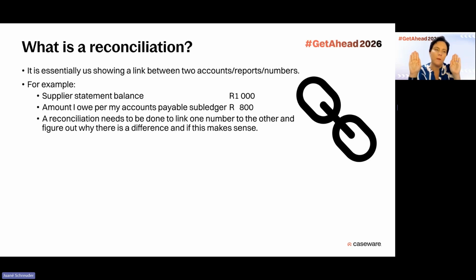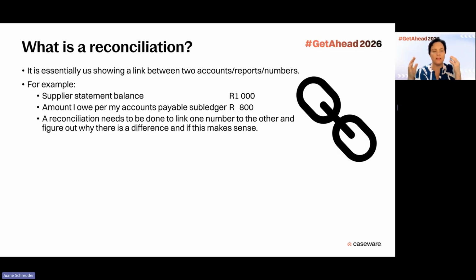And you need to see what is in the client's records in the general ledger or the accounts payable ledger, and what is reflected there as owing to the supplier, and what the supplier statement that the client got shows, and if there's a difference, why, what is indicating that difference, so that we can really see if the client has in fact recorded all the purchases made, has in fact paid the supplier and not some other person, because if the supplier didn't get the payment, they won't show it in their supplier statement.